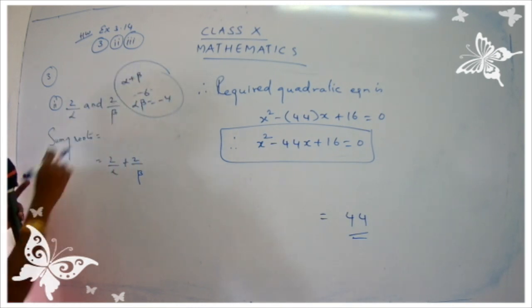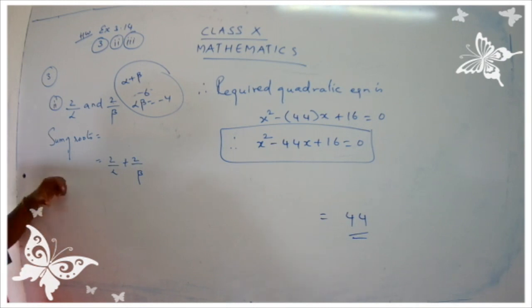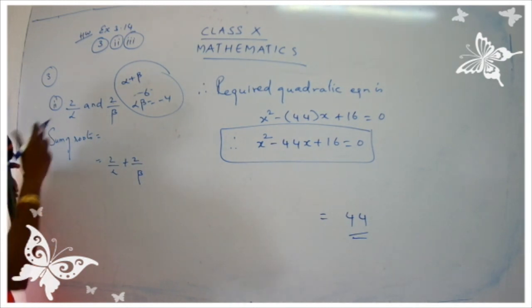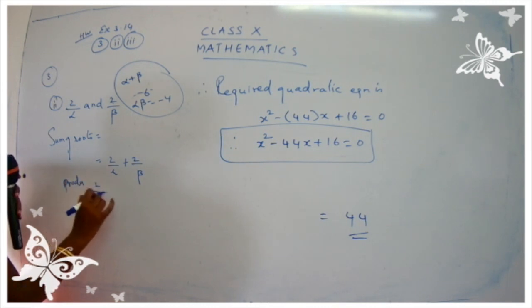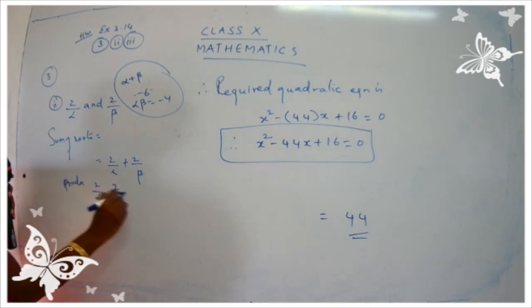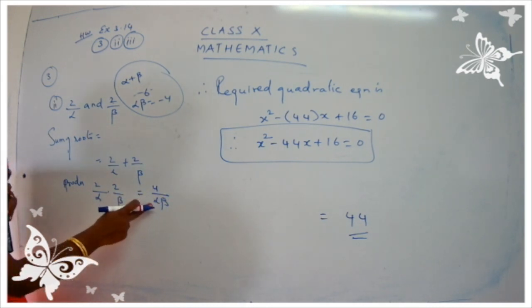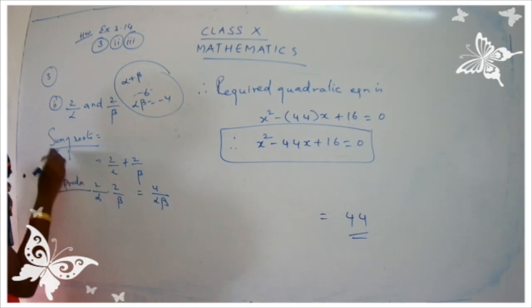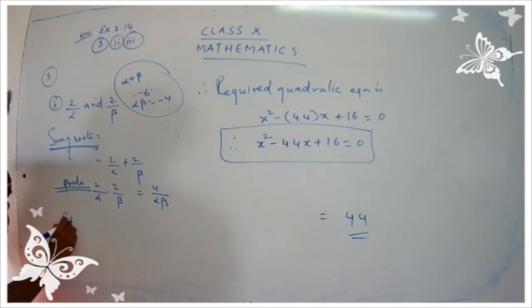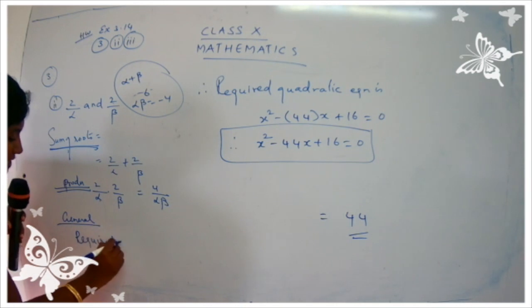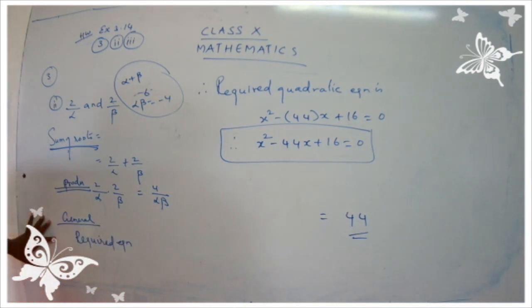Okay, children? So you have to use these values and proceed for sum of roots, and you have to find out product of roots. For product, it means 2 upon alpha into 2 upon beta. So numerator into numerator, so 4 upon alpha into beta, alpha beta. So here only you have to substitute the value for alpha beta. After finding sum, after finding product, write the general form. After writing the general form, you have to write the required equation. So these are the steps that you have to follow for the homework part. Is it clear, children? I hope you are clear and you would be able to complete the second subpart and the third subpart as homework.